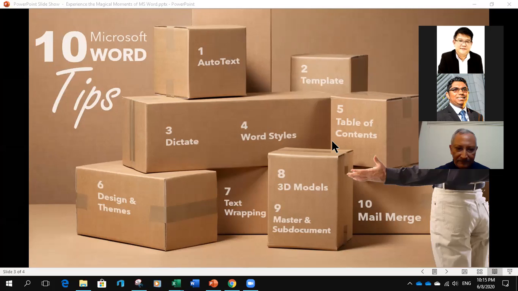And I'm going to use the feature called Dictate, which is very cool. All you need to do is just say something, and Microsoft Word is going to spell out everything for you, right? So if you are not the person who likes to type, Dictate is something really good that you can use. Then I'm going into some cool features like Microsoft Word Styles. Word Styles can help you to make your document look very professional.